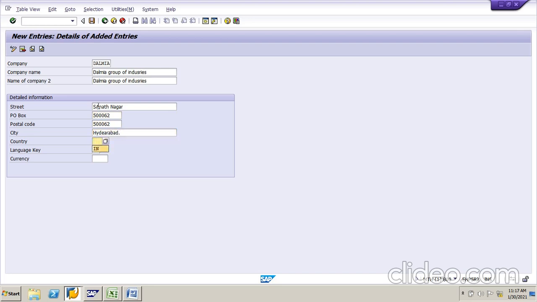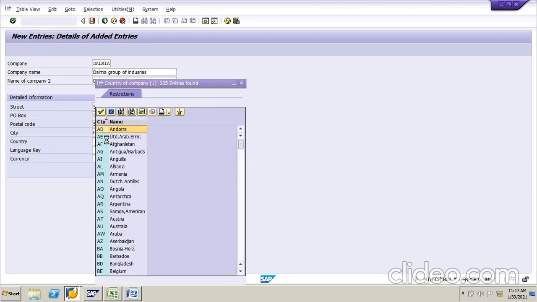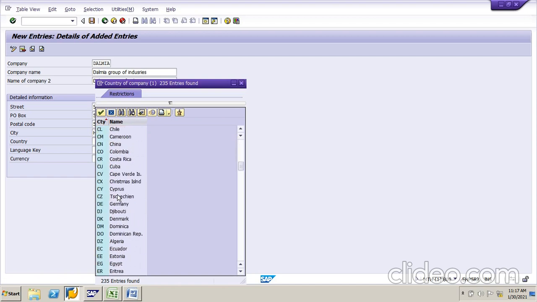See here, country. When you are creating that company, suppose you are doing the implementation project for India, here we have to select India. Just click this search button. So all countries will be displayed here.